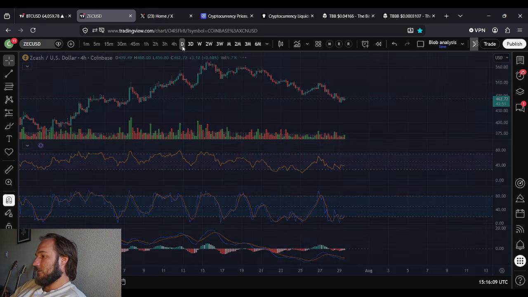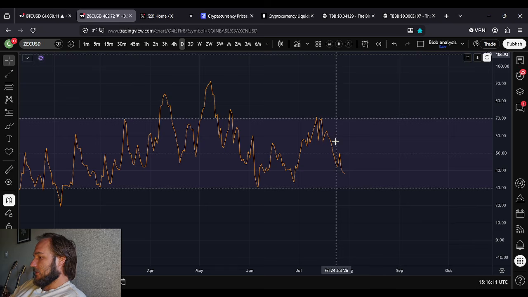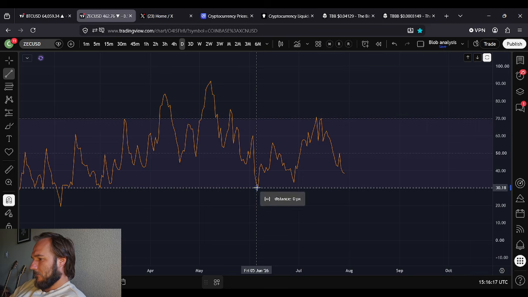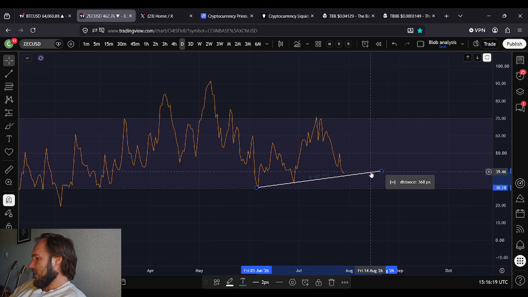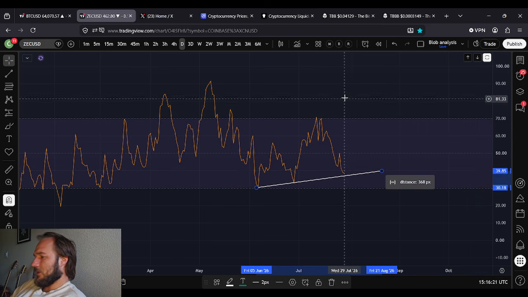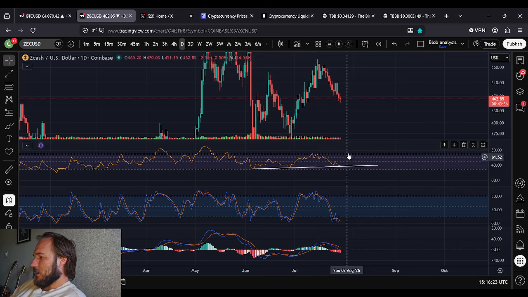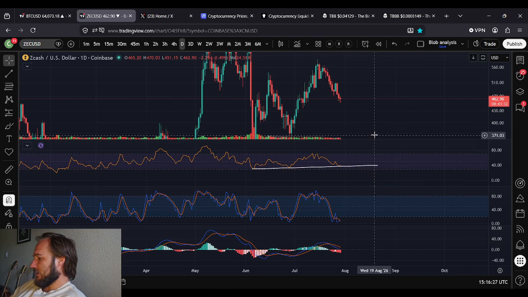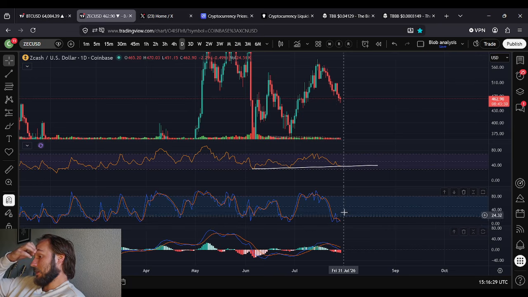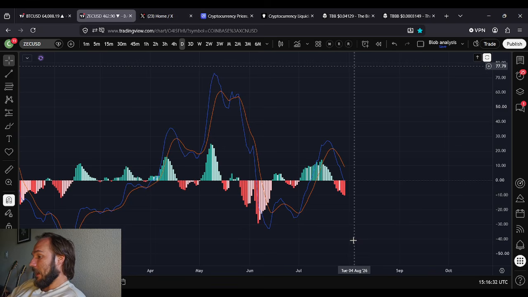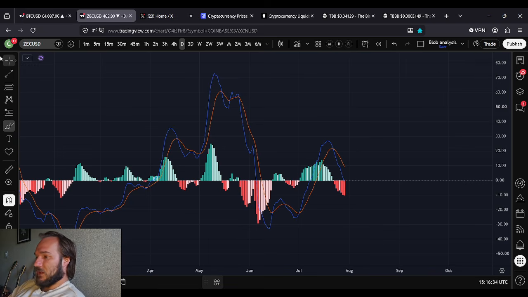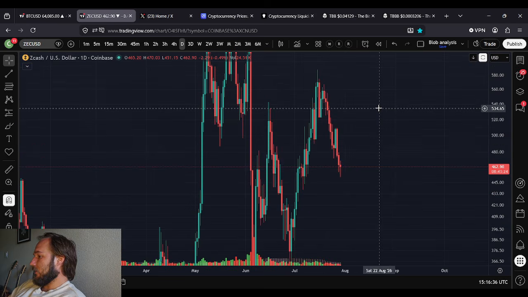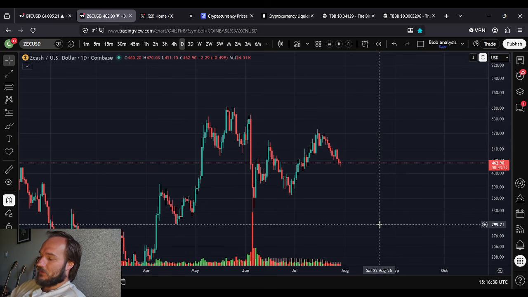Yeah, daily time frame. Looking at this, the daily RSI, higher lows, let's see. Yeah, I mean, it's a good enough place to bounce. You're right around the 40. It's good enough. Come up a little bit, reject the 50, come back down, or get a lower high, come back down. Stochastics have been oversold, come back up to the 50, reject there. MACD, you're at the 0, perfect area to bounce, actually. So yeah, I guess in this video, we're actually going to forecast a little bit of a bounce for Zcash.